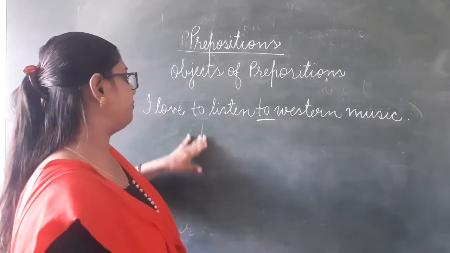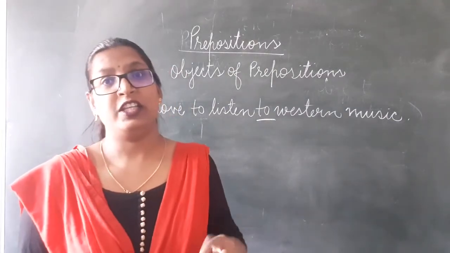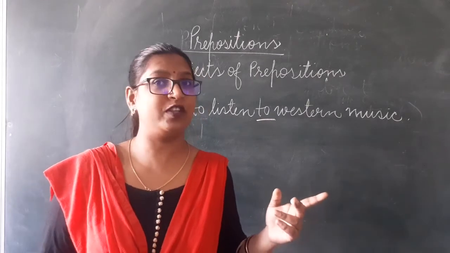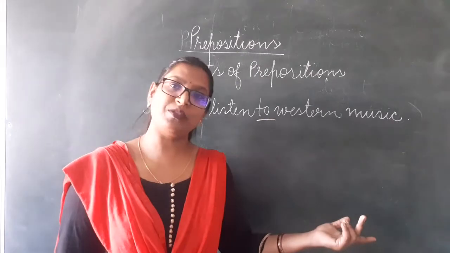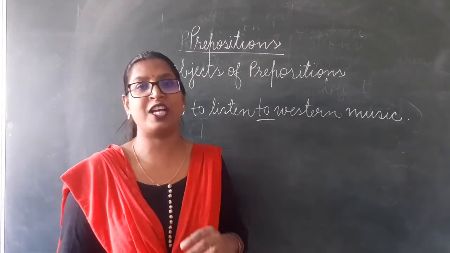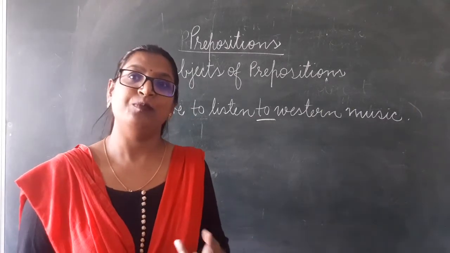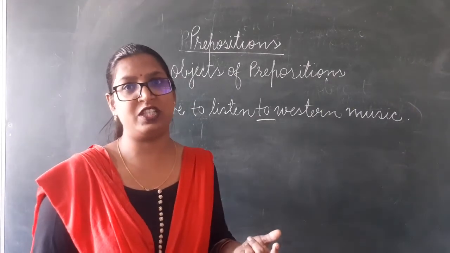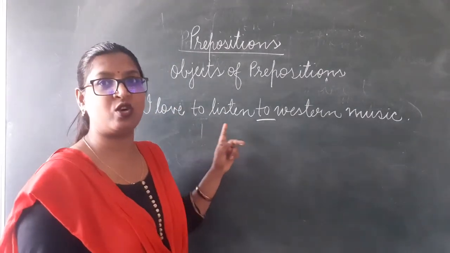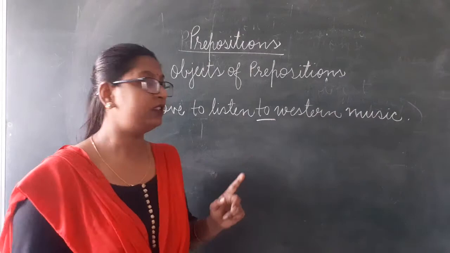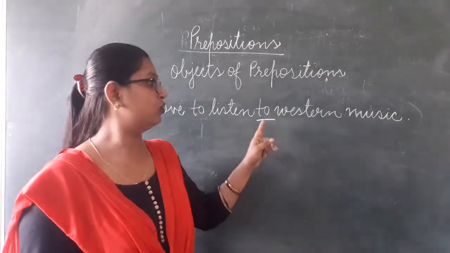Learn to find out the prepositions, and even for finding out the type of the preposition, the same preposition can be used in many ways, as a preposition of place, as a preposition of time. According to the function of that preposition, you will finalize the type of that preposition. The same way, here the first to is not the preposition, it is the non-finite verb. Clear? There is only one preposition, that is to.